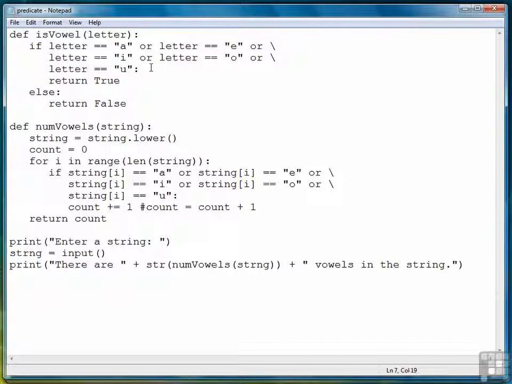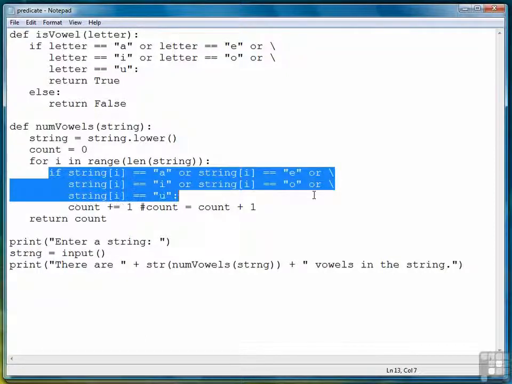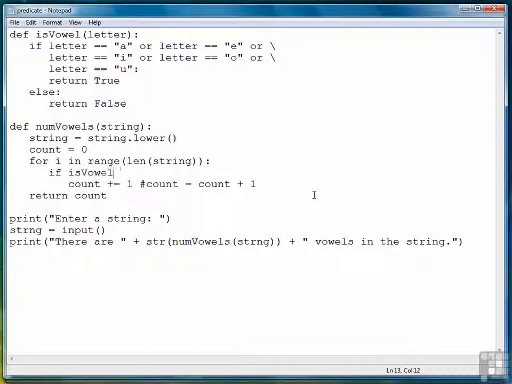So now we can go to numVowels, take out this test, and replace it with the isVowel function. And look how cleaner numVowels is now. So what we've accomplished by adding the predicate function is we've now made numVowels easier to read. And that's one of the advantages of using functions in the first place. So let's test this code